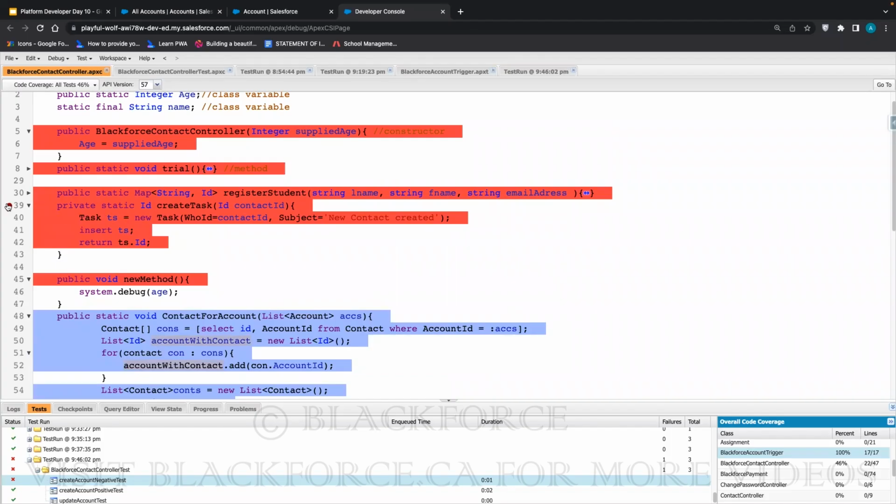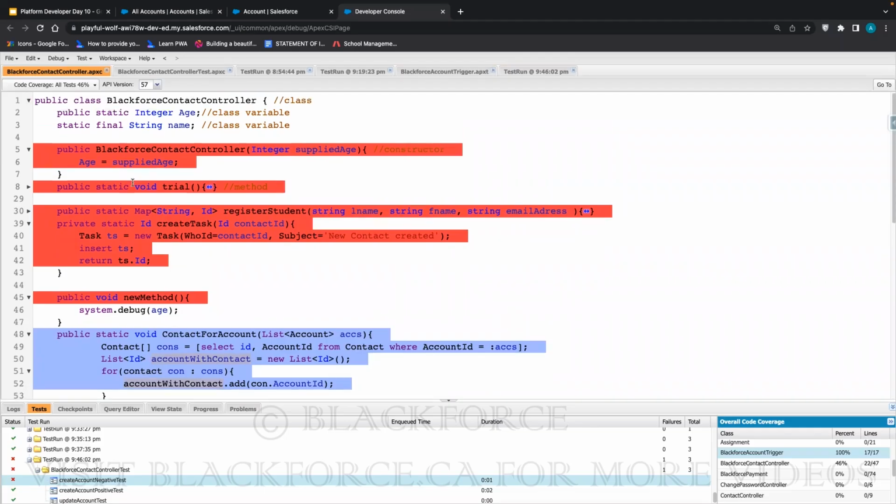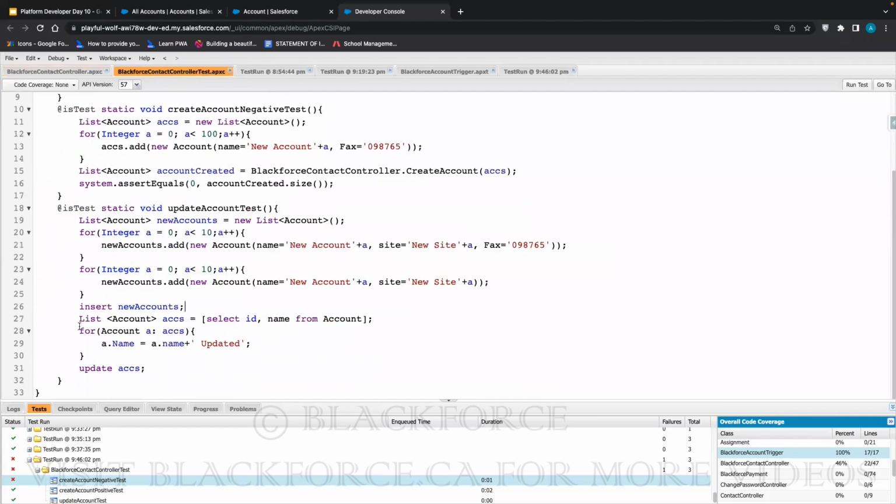This one is just collecting contact ID, so supply it with contact ID. This one is collecting registered student, so supply it with these three things. This one is collecting supplied age. Okay, to test this one, this is actually a constructor, not a method. So to test it, you will have to invoke the Blackforce controller itself. If you want to test this constructor, you remember we tested it